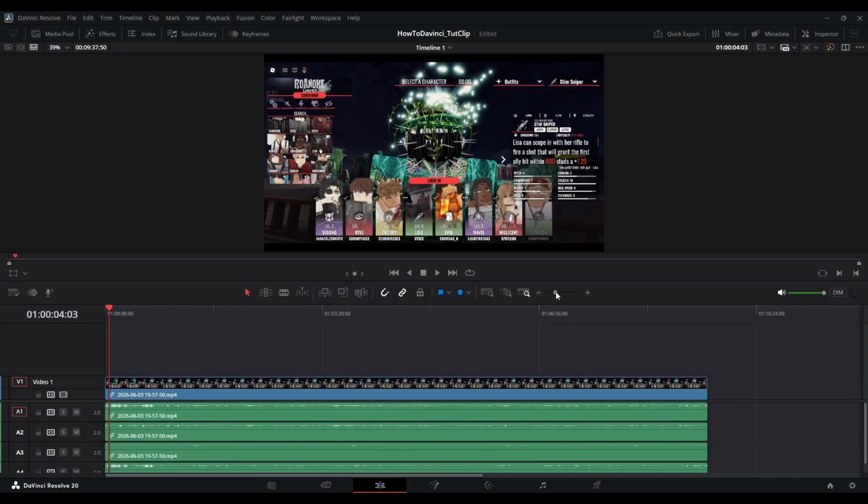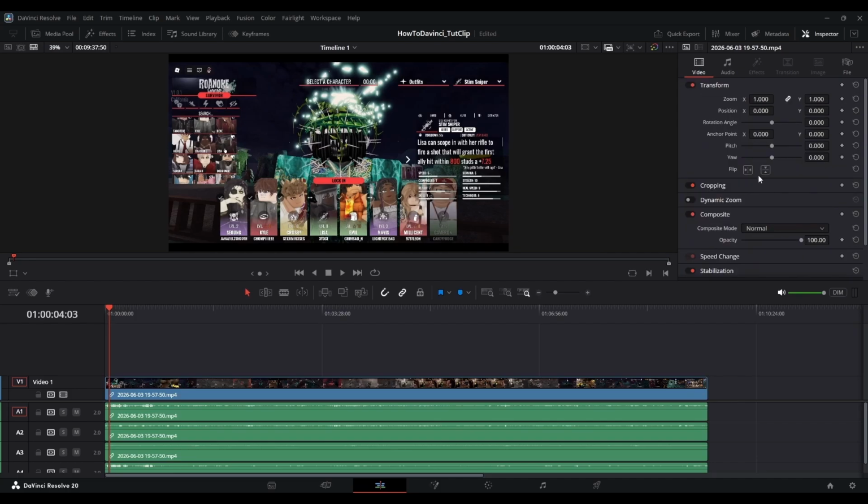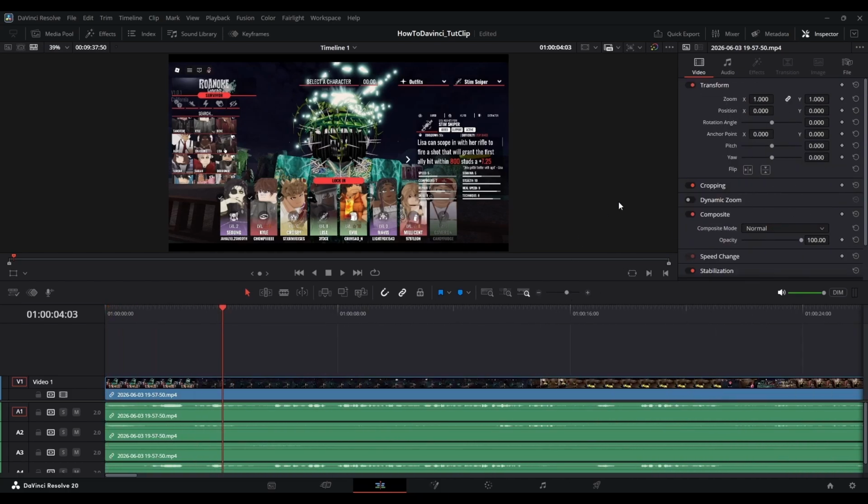So I'm going to go over a few more things. I've never used quick export in my life, so I couldn't tell you anything about this. Mixer, I don't understand that personally, so that's out of the question for this. Metadata, it just tells you the metadata of the clip. I'm gonna have to censor that again, because, yeah. Inspector, this is where all the goodies are at, and I'll go over Inspector in more detail, but basically